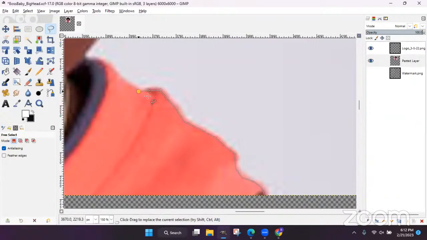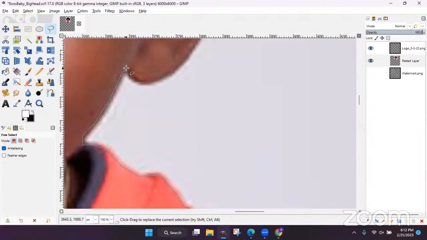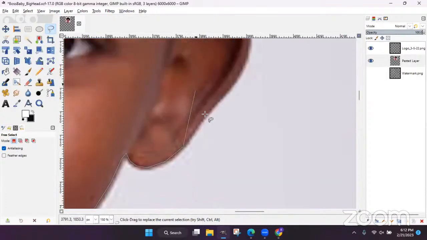And you want to make sure that you stay just inside of the very edge of the foreground of the image. Because if not, it will cause a weird glow effect once you remove the background, and it's going to pull from the background color. And we don't want that to happen. So move, click,